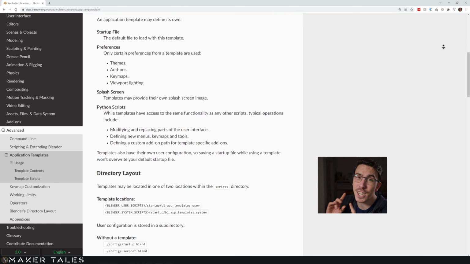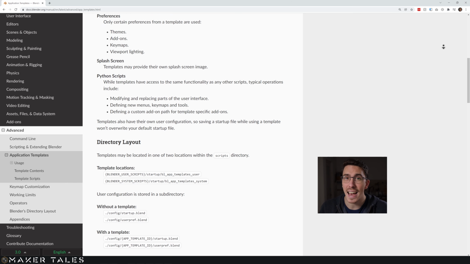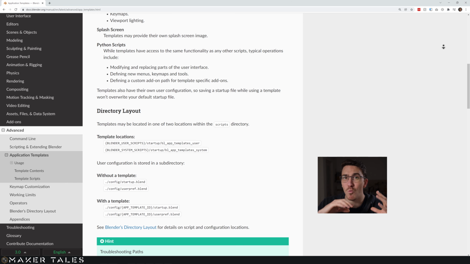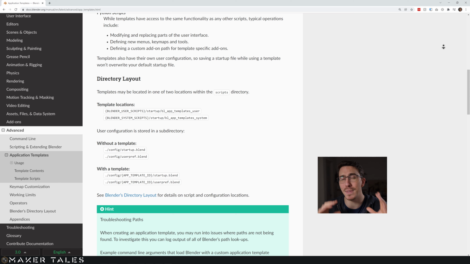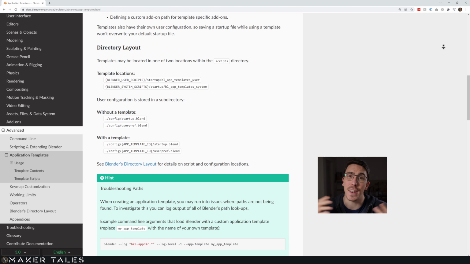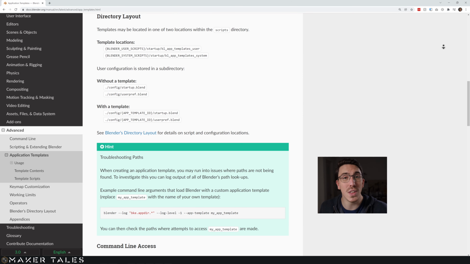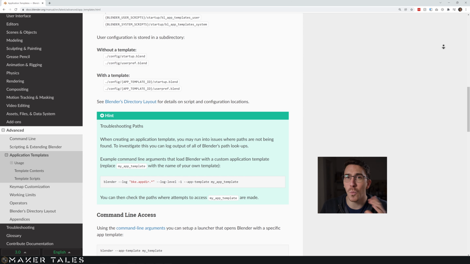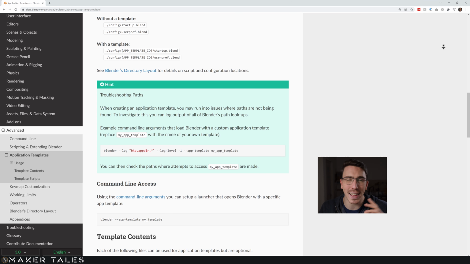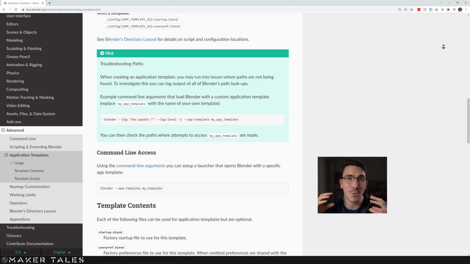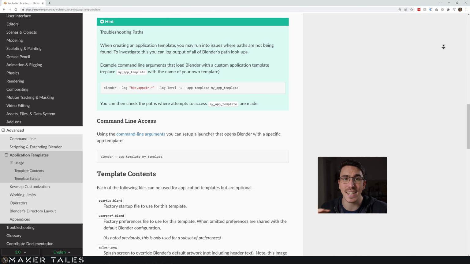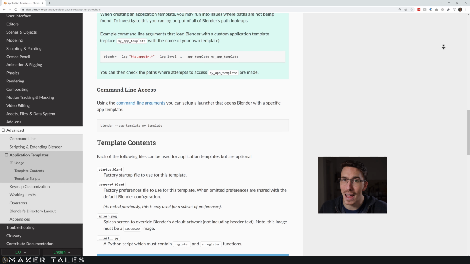The Blender documentation is brilliant if you get stuck, and especially if you're talking about running custom scripts on startup. There's a lot more information in there than I'm going to be able to provide in this video. With that said, let me show you where things live, where we're going to be changing things up, adding things, and just getting to grips with where everything lies when we're playing around with our app templates.